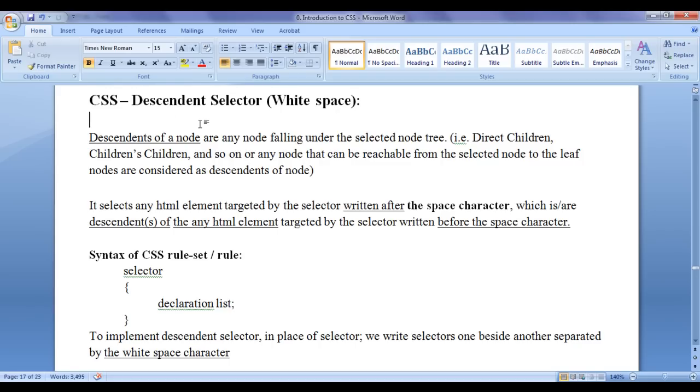Before we proceed and understand what a descendant selector can do, first we understand descendants of a node. In the previous video tutorial, we already learned what are descendants of a node. Descendants of a node are any node falling under the selected node tree. That is, direct children, children's children, children's children's children, and so on up to the leaf nodes are considered as